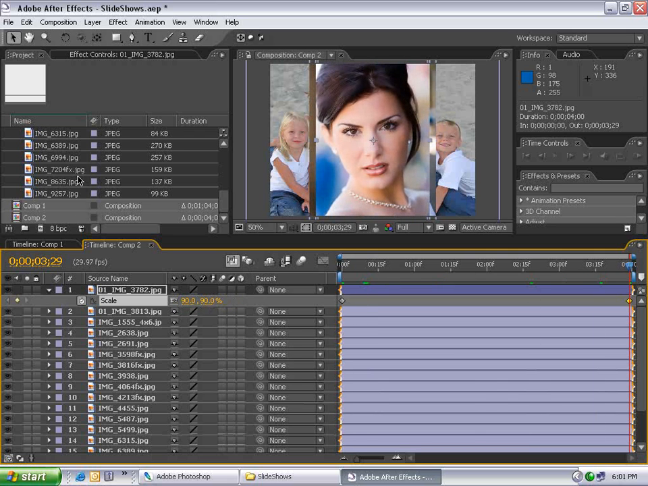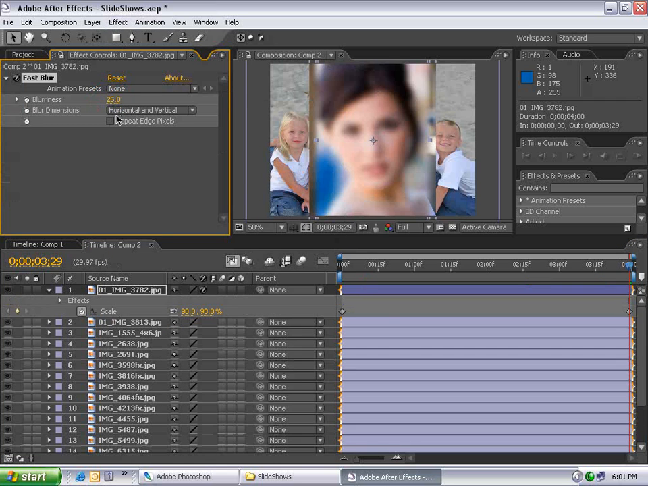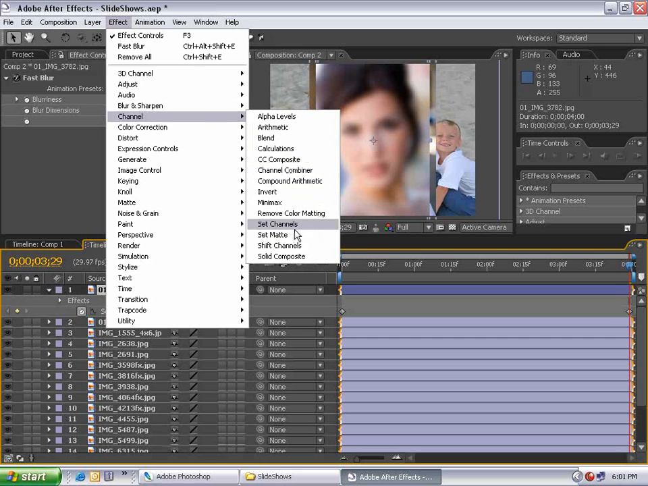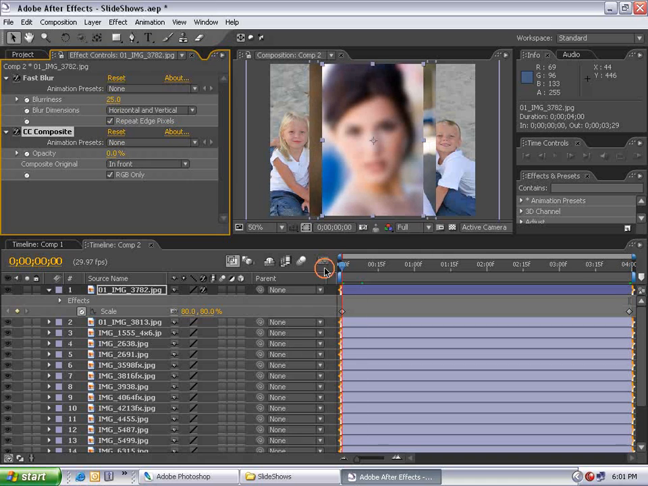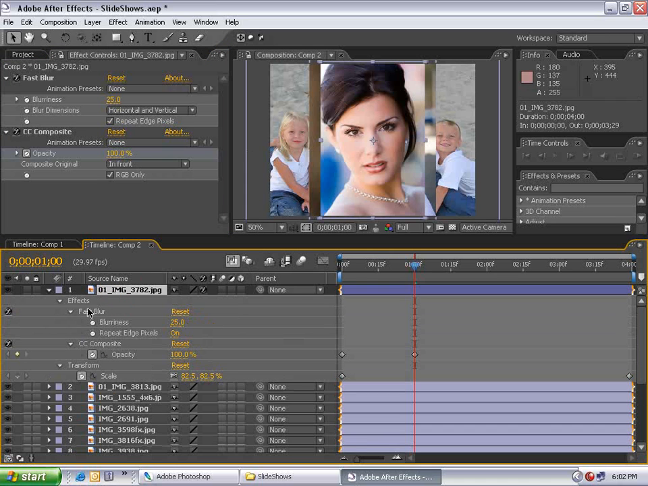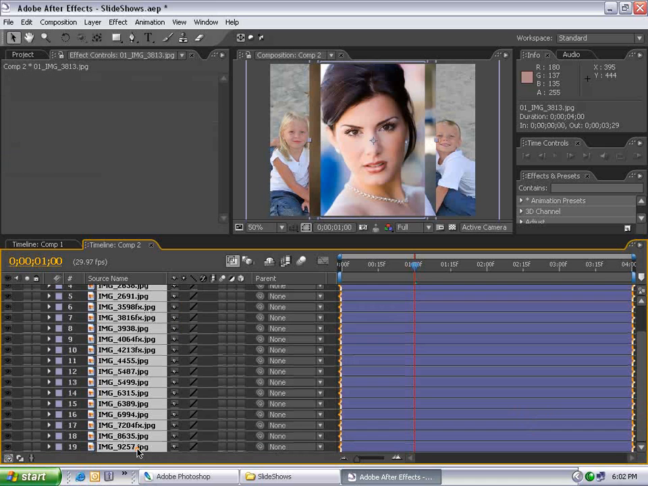90, then go to Effect, Blur, Fast Blur, 25, set Repeat Edge Pixels, select the layer, choose Effects, Channel, CC Composite, change the opacity to 0, go to the first frame, set the keyframe, move forward 1 second, set it to 100%, hit UU on the keyboard, bring up all the parameters, select the first one, hold down Shift, select Fast Blur, Composite, and Scale, hit Control C,